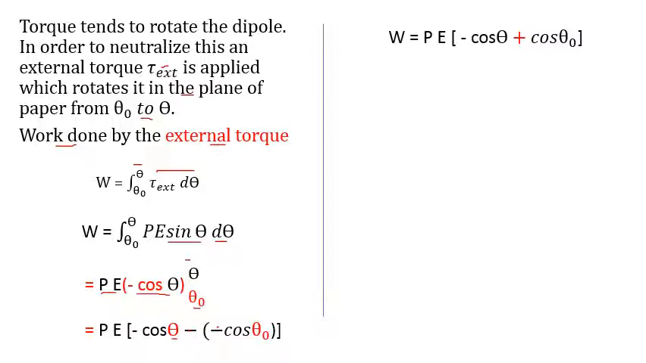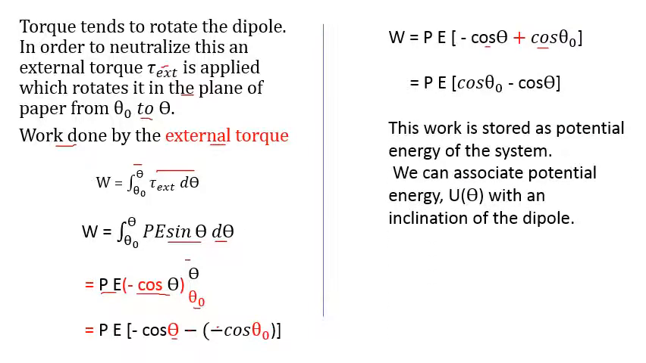Did you get this step or not? Next to this, let us rearrange. Write this plus first and then minus. So this is the next step. And this is what? This is the work done which is stored as potential energy. So we can write this potential energy as P E into cos of theta minus cos of theta 0. This is the final formula for the energy of the dipole in